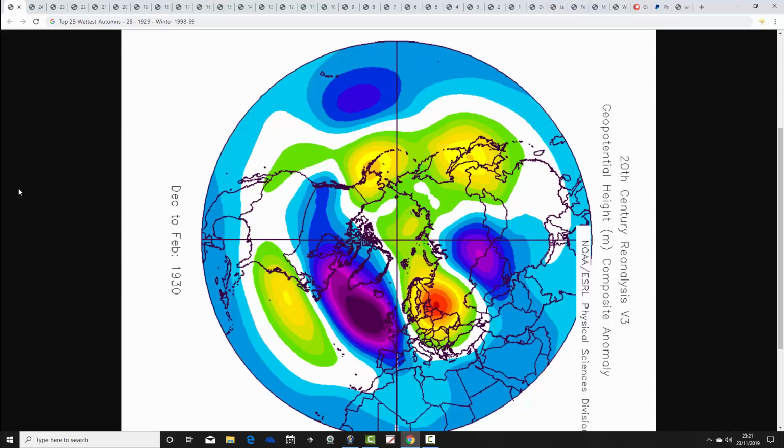So, and these are in numerical order as well, by the way. So at number 25 we have the autumn of 1929. There will be crossover, by the way, with some of these wet autumns with the wet Novembers. So at number 25, we have the autumn of 1929, and it's the winter of 1929-1930, and that's wrong up there in the browser. I put that in wrong, so I think better get rid of that. And we're going to have a look at winter of 1929-1930. It's a very, very wet winter, as we established with the November analogues. Yes, it's a wet and mild winter for